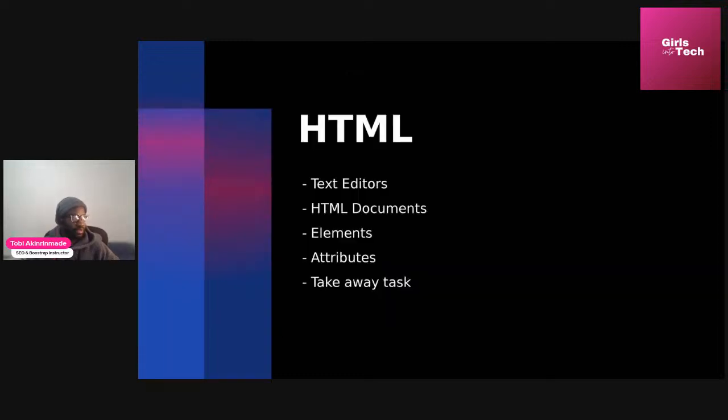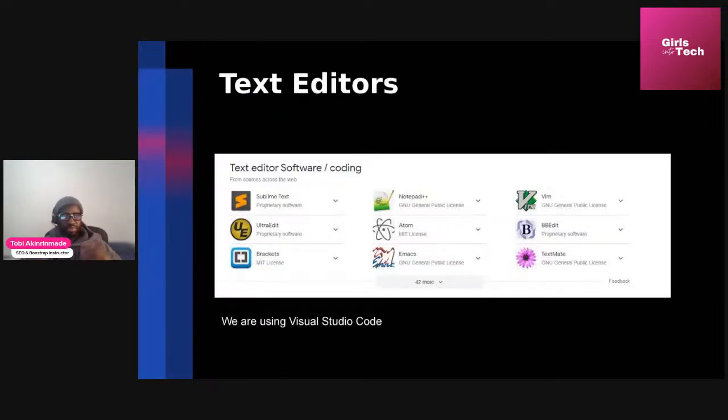Right. So I think the first thing that is interesting to talk about is, sorry, not HTML, but text editors. Text editors are basically software that you can use to write code and edit code as well. There are different types of text editors out there. There's Sublime Text, which is really popular. Atom is popular as well. Notepad++ is very popular. There are a lot of them out there. However, for this course,